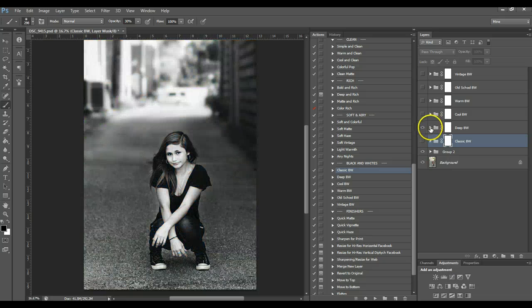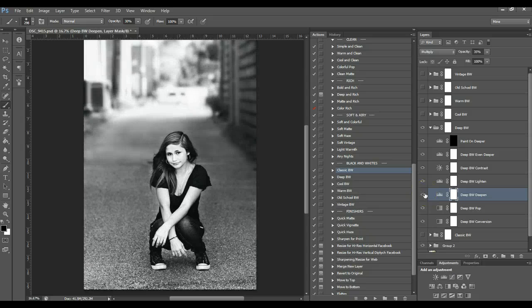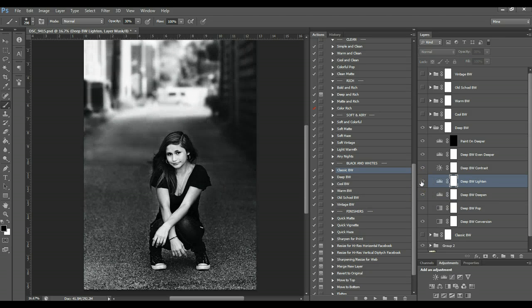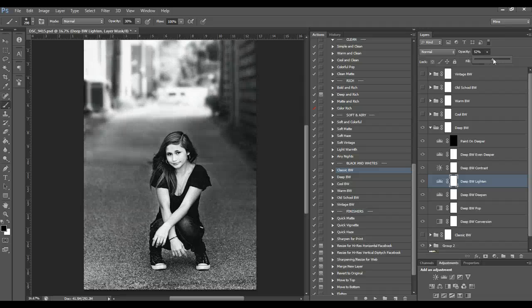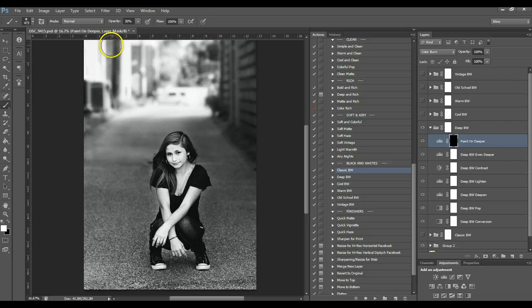Deep black and white's more of a deeper, darker black and white, and it's got extra pop layer, contrast. This is your deepening layer. This is a lightening layer to add a little bit more light into your image, and it's at 35%, so you can even go up if it's too deep for you. This is your contrast. This is actually another deepening layer to make it even deeper and richer, and there's even an additional layer where you can adjust it with the paint on effect by using a soft white round brush. And right now I'm at 30% opacity, and we'll just paint this on really quick right here to show it,